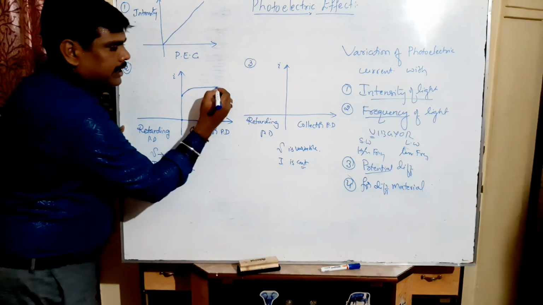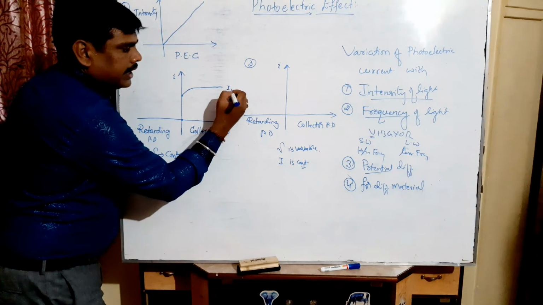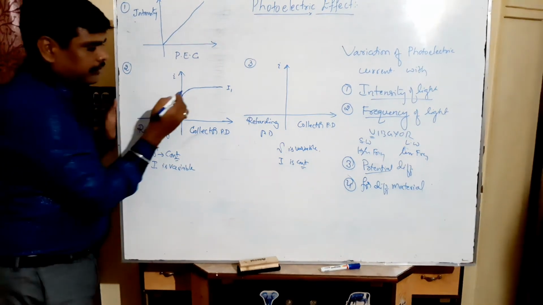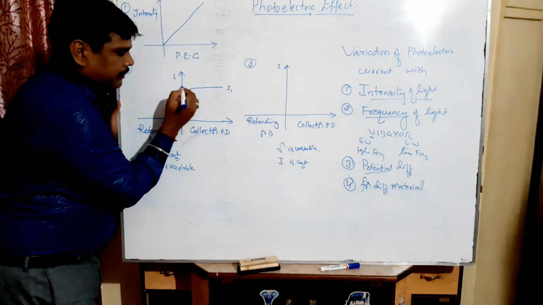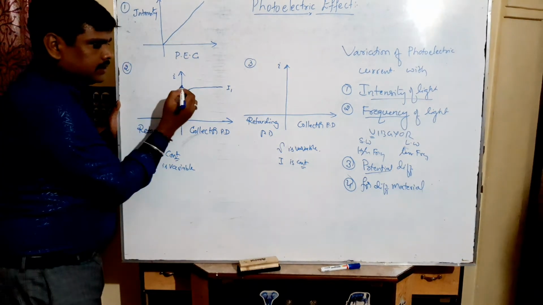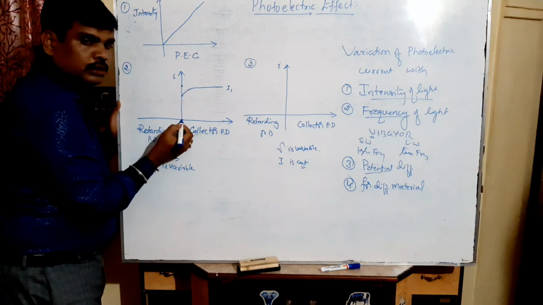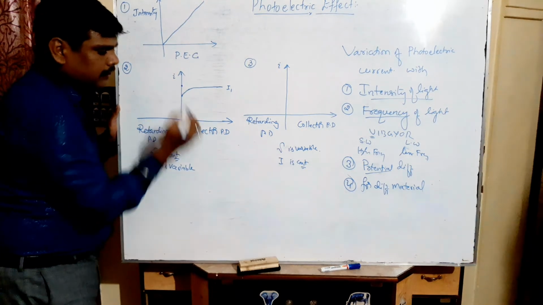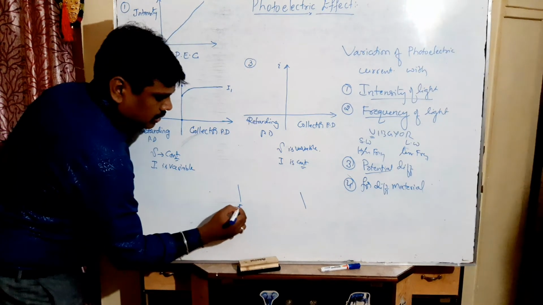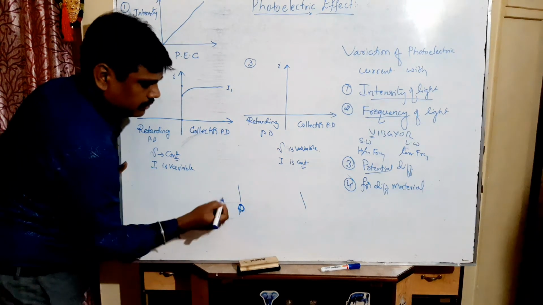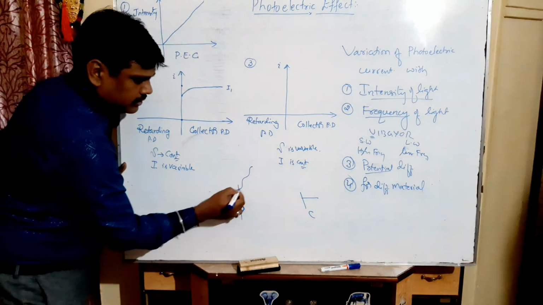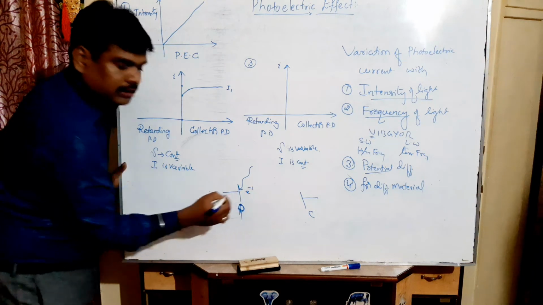So this is for the intensity of I1, the first set of intensity. Now if we increase the intensity, the photoelectric current increases beginning itself for zero collector potential difference. So why for zero collector potential difference? If this is an emitter plate where the photosensitive material is connected, and this is the collector plate, when the radiation is incident, the electrons are emitted.